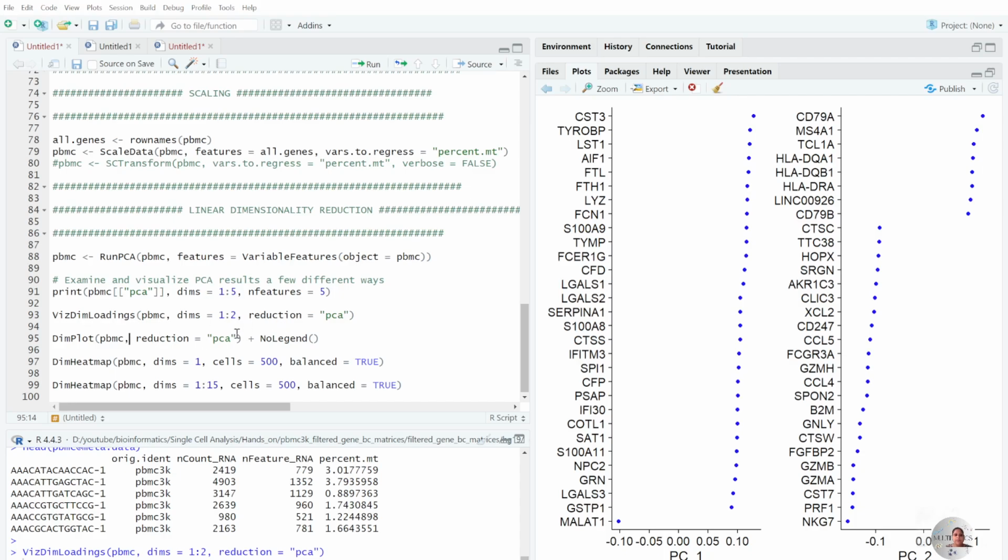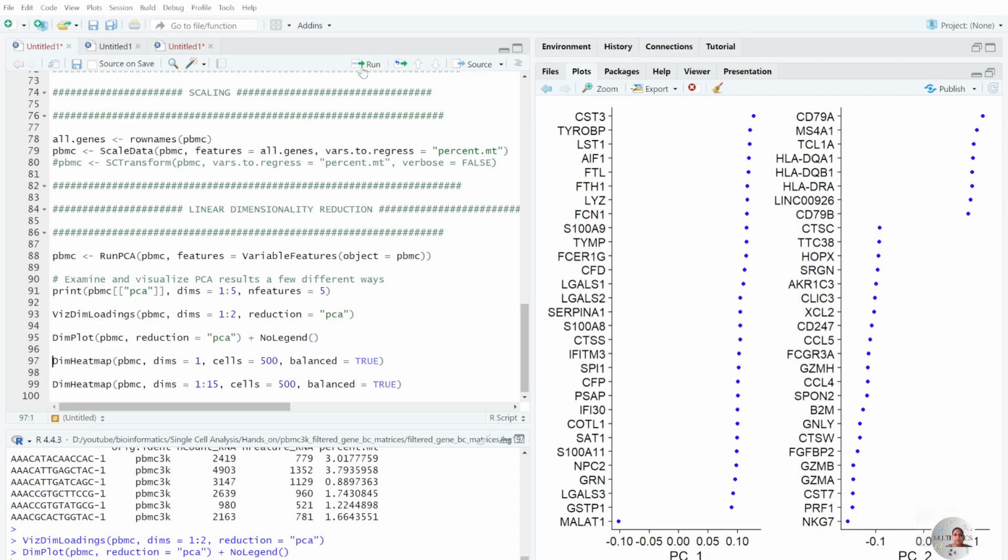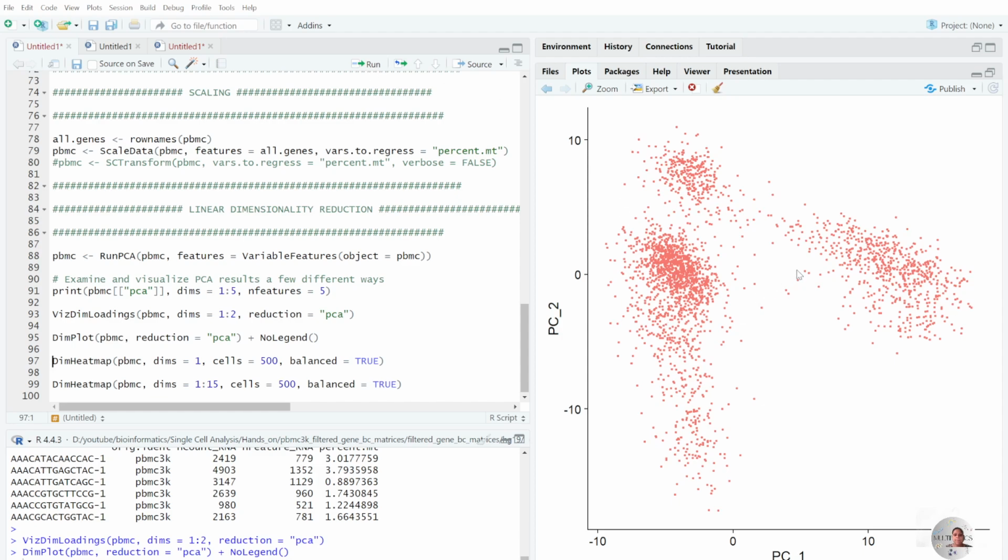So here, after the reduction is performed, a dimensionality plot will be generated. If I run this, you see there are no legends, so we don't know the legends now. Roughly, if you can see, there are three clusters, one here, this one, and another one here. So roughly three clusters are formed. And if I run